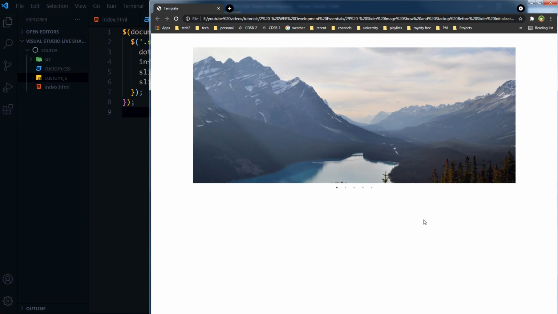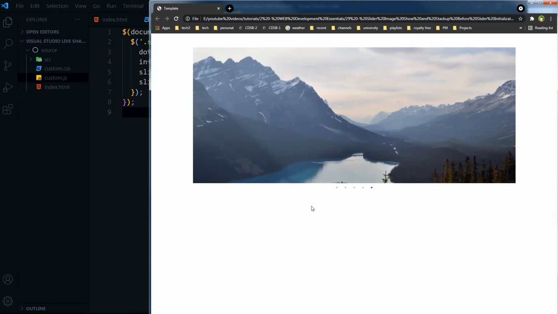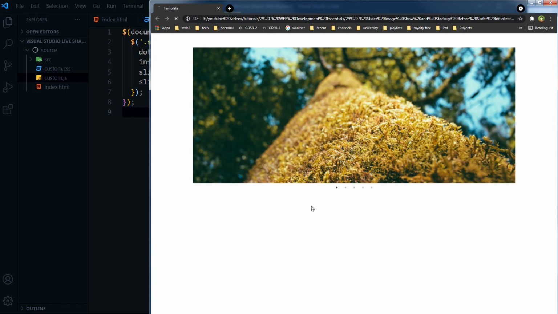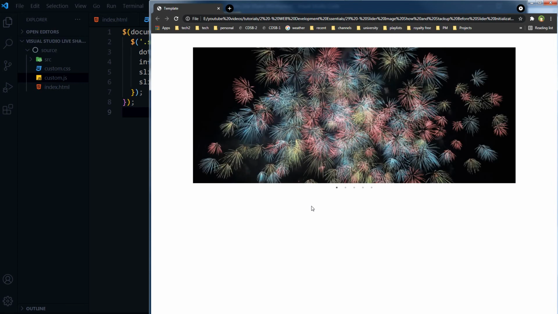Refresh the page. As you can see, these dots load first and then images. You can see the images loading.